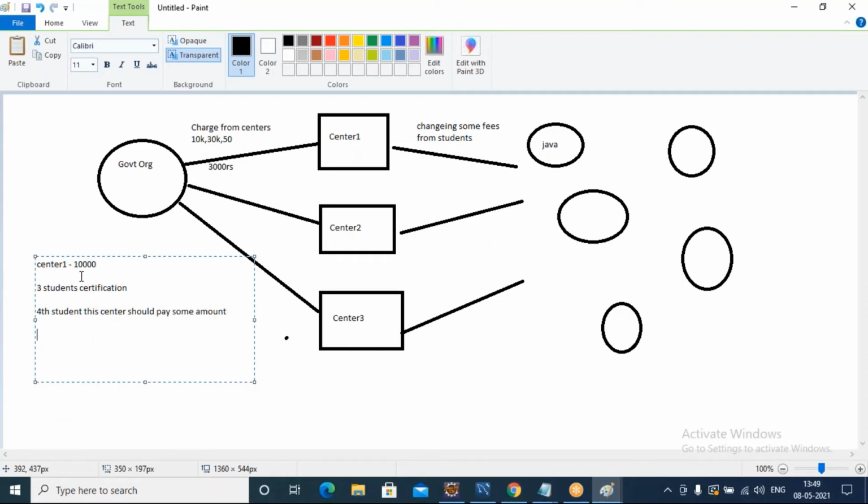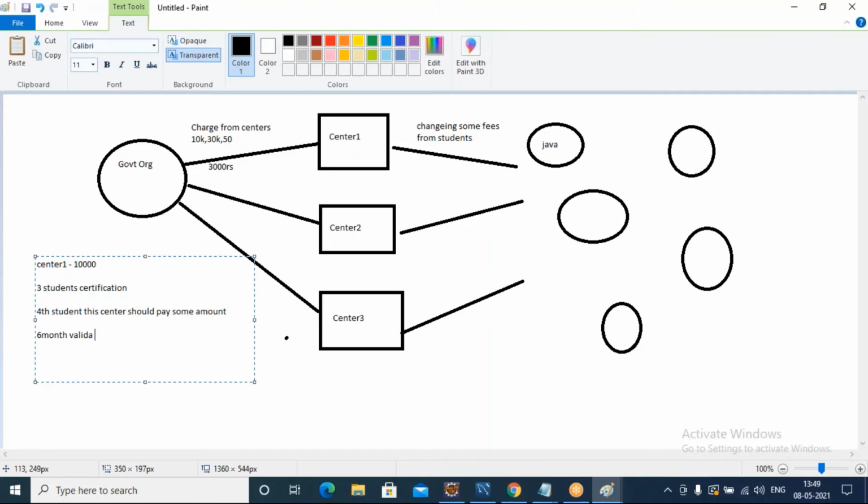Next point, some validity will be there. Assume that he has paid some 10,000. We are giving a 6 month validity, so this amount will be valid for 6 months. Within 6 months, he has to request for certifications.